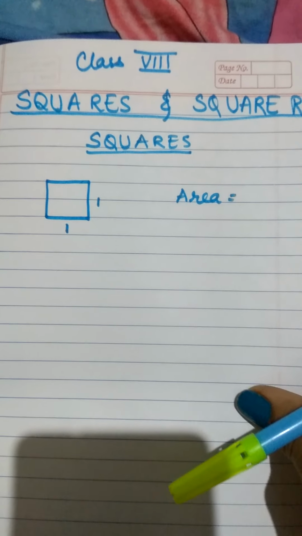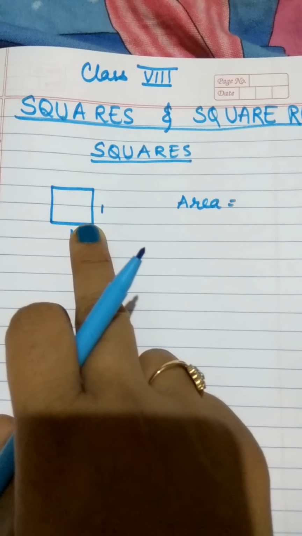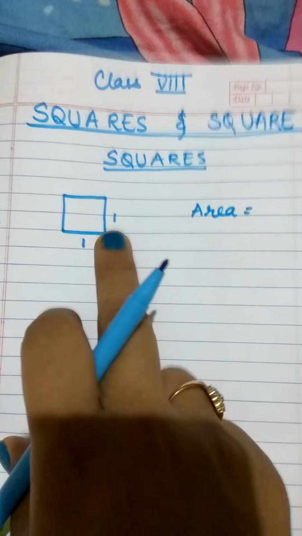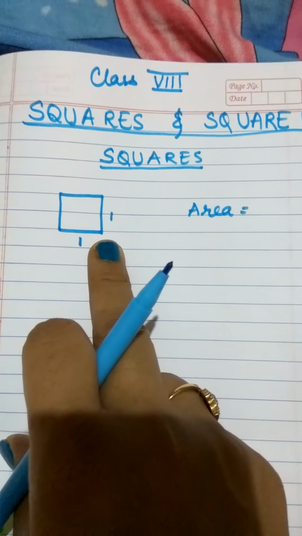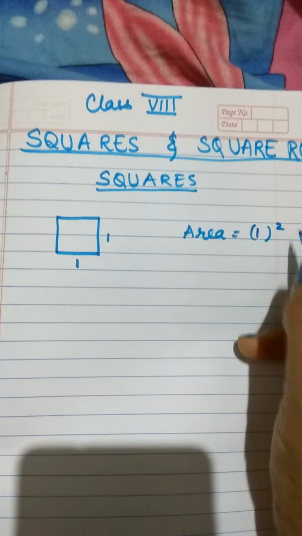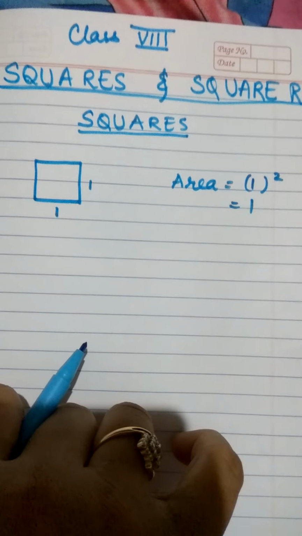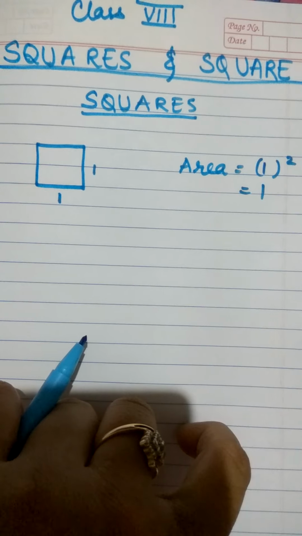So first of all, when we say square, what comes to your mind? A shape which has all its sides equal and the angles to be right angles, right? So this is a square. Suppose this square has a side of 1 unit, then its area will be equal to 1 square unit, and that will come out to be 1. So a square physically in a plane will mean a shape with 4 sides and equal sides.